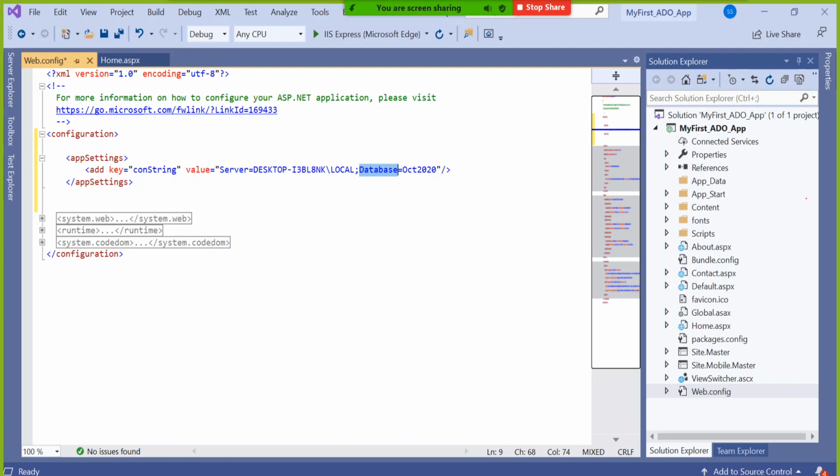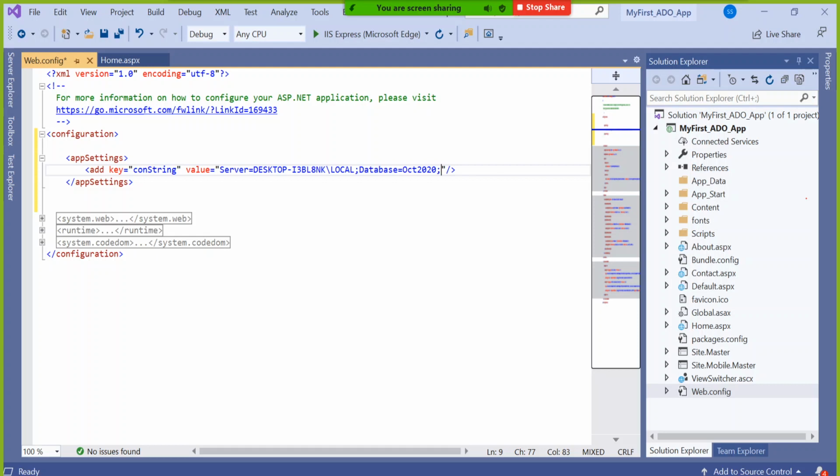User ID and password, I always say if any. Why so? Because it's optional. So this time these two pieces of information are fair enough, but if by chance you don't have a user ID and password, there is usually one inbuilt monitoring process. It will say, hey, you have not given any credential. Are you missing something? To avoid that, we have to inform our front-end execution engine that, dear Visual Studio, we don't use a user ID and password.